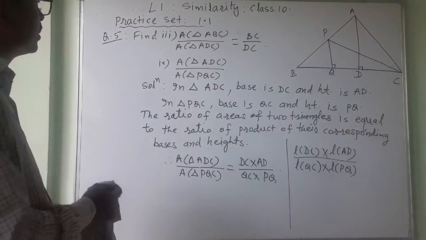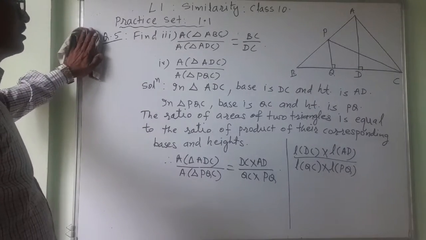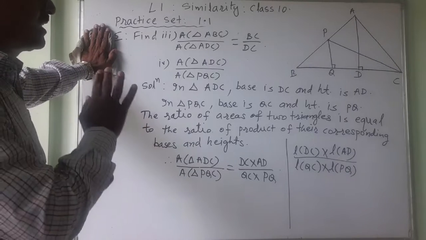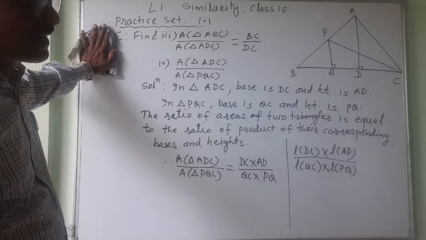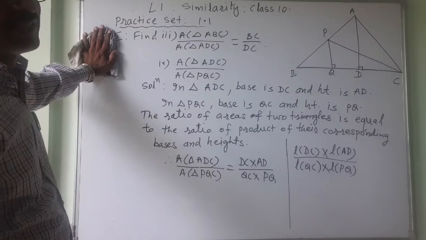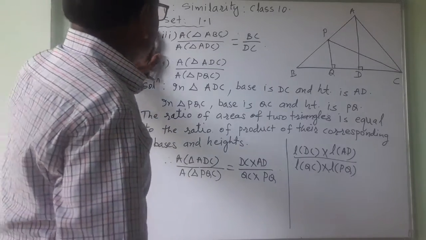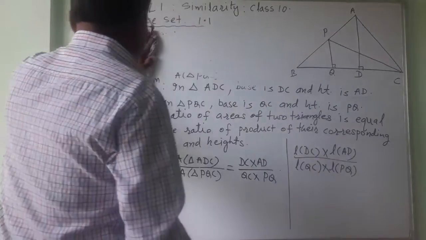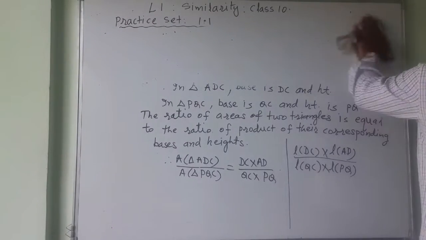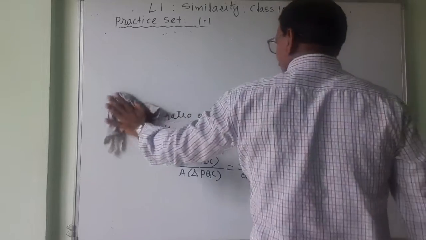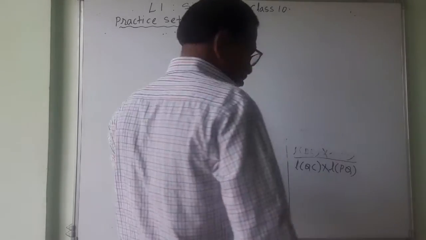So okay, you have understood all this. So I declare that this practice set 1.1 is over. Now in the subsequent lectures we will see practice set 1.2. The selective sums we will take. So hope you have written this.